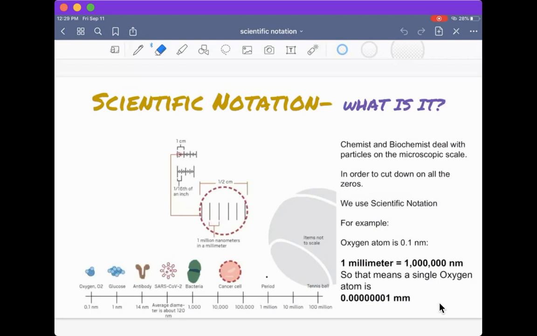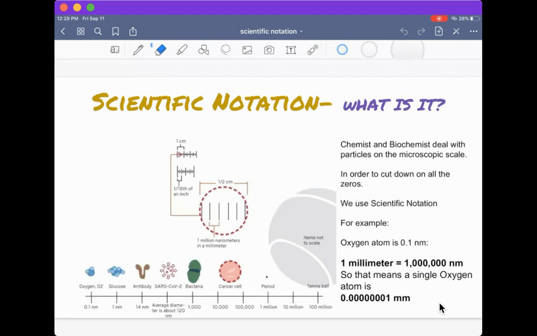Okay, so on this slide, what I want to show you is how small things are on a scale. This slide shows you how large 1 centimeter is compared to a millimeter, compared to a nanometer, and then some common items you might be